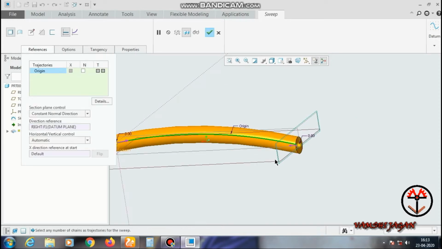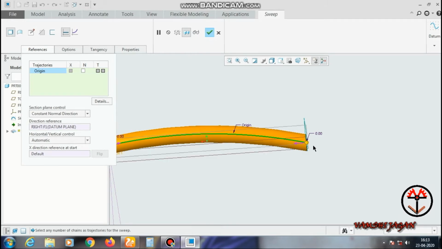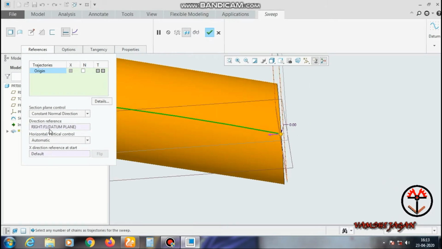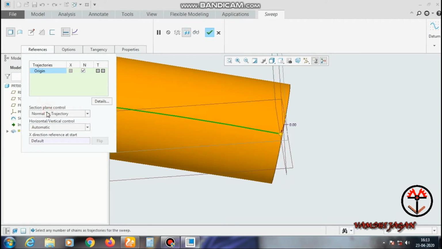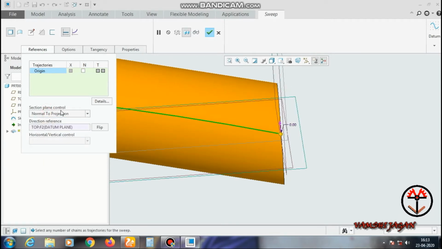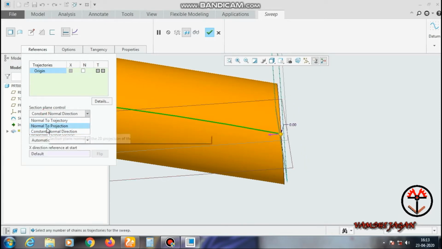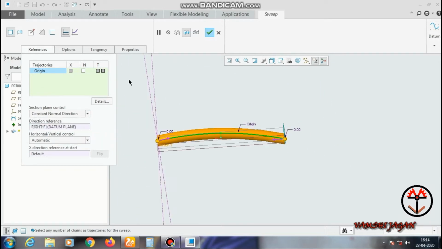So click on opposite plane. You can see this is also working as 90 degrees perpendicular. Normal to trajectory, normal to projection, constant normal direction. So you can see the processing of these three.